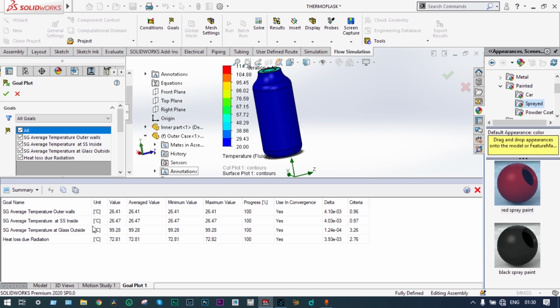Right? Again, we want to see some other things, like the second one, average temperature at stainless steel inside. That means next to this surface, temperature is 26.47 degrees centigrade. The outside surface of this stainless steel container has temperature 26.41 degrees centigrade, and inside it has temperature 26.07 degrees centigrade. Next one, the inside surface of this flask has a constant temperature of 100 degrees centigrade, and